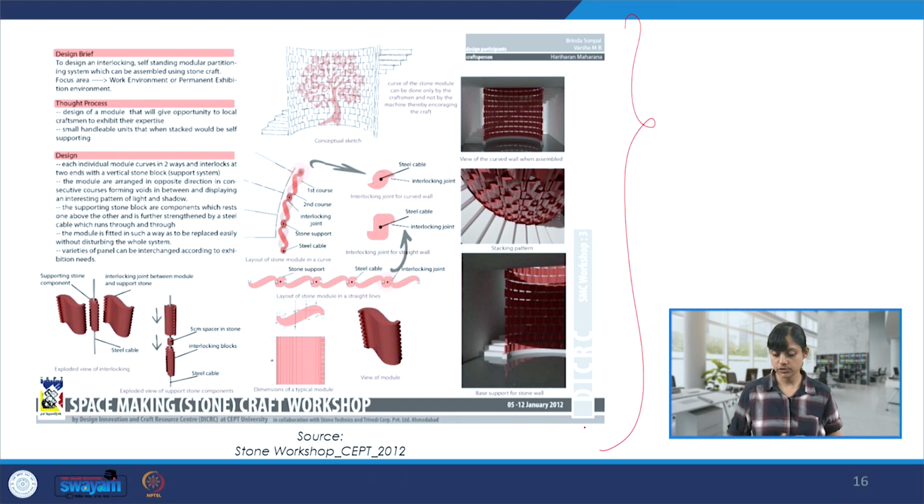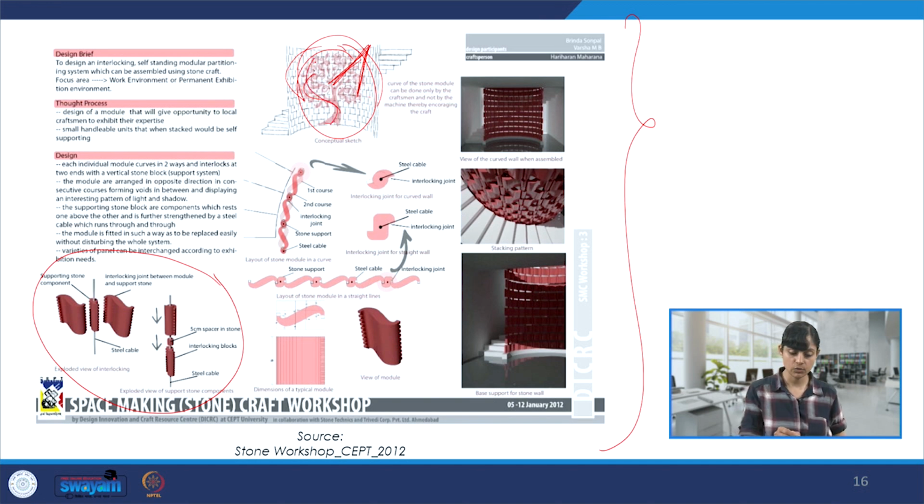This is another exploration that we saw in stone from the same workshop. And here we were trying to create a non-linear surface, very interesting, quite aesthetic, very fluid and curved. And also utilizing techniques like inlay and this natural contrast achieved through different kinds of stones and then achieving that color contrast and putting the pieces together to also get an impression of this tree over here that we see, the tree of life. And then what was the joinery like, the first course, how it was placed, and on that the second course, what is this interlocking joinery that we see.